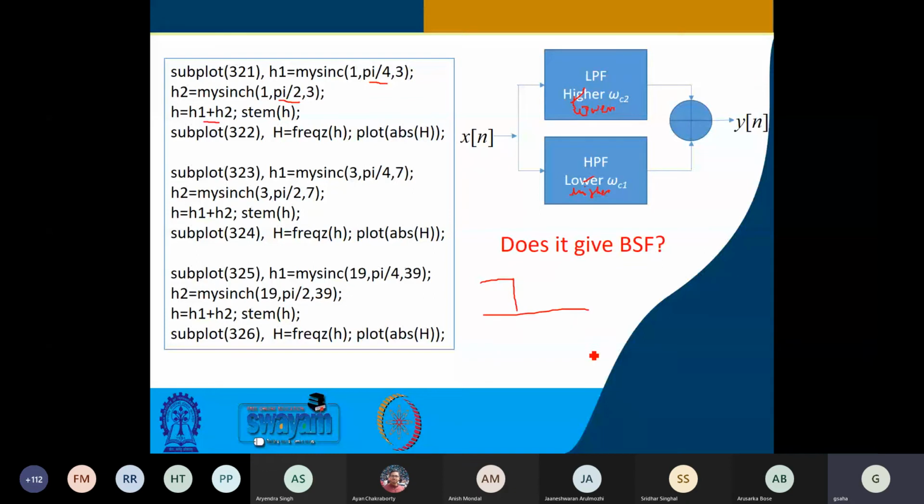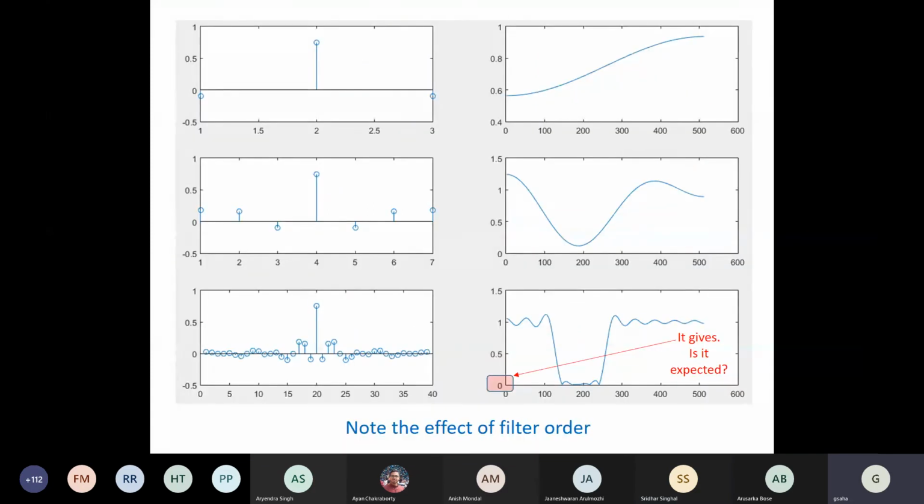This is your low pass filter and this is your high pass filter. Will it give me a band stop filter? Yes, sir. You agree? Earlier one was not giving me a bandpass filter, but this is expected to give a bandstop filter, right? So these are simple things. If you have learned the previous ones, you can see. And also when you pass a signal, you have to look at those initial values. For higher order, its effect will be pronounced accordingly. So this is doing fine according to your understanding. We move ahead.